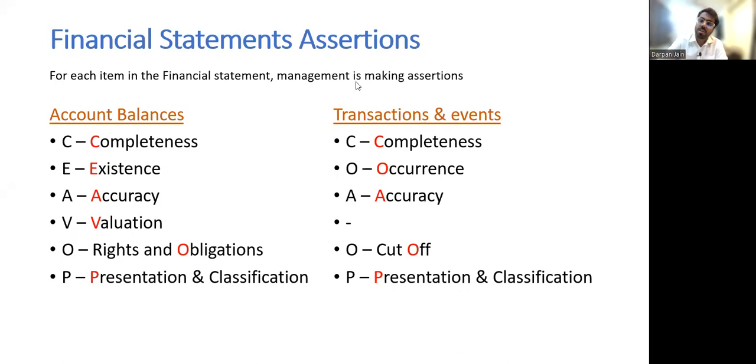Nitin says observation. Observation is used for what? Observation is used for internal controls, to see whether an internal control is properly existing or not. You're going and observing a process or procedure. Observation is not used for checking the existence of the asset. What is used? Inspection of tangible assets, guys.